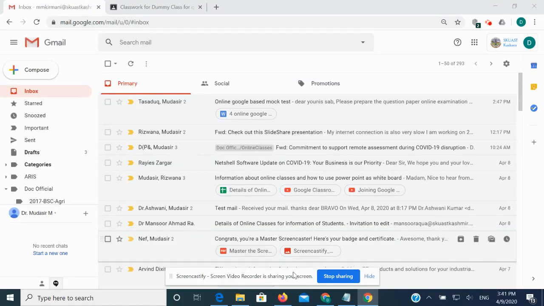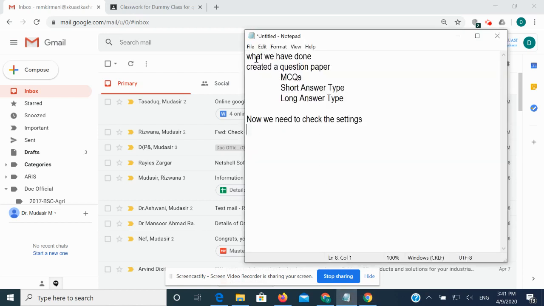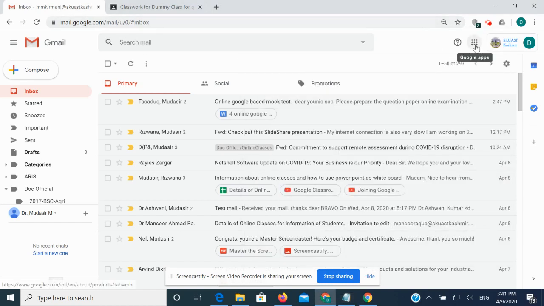As we have discussed in the previous part about MCQs, short answer type, long answer type. Now, if you recall from the previous slide, I was mentioning that we need to check certain settings. What we have done is we have created a question paper. Now, in order to retrieve that question paper back, what you need to do is